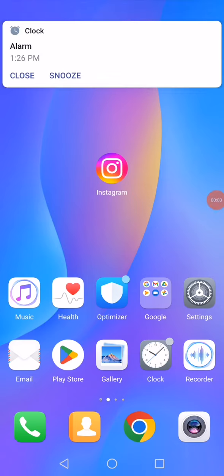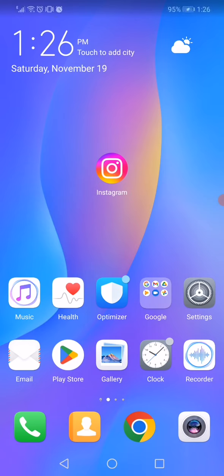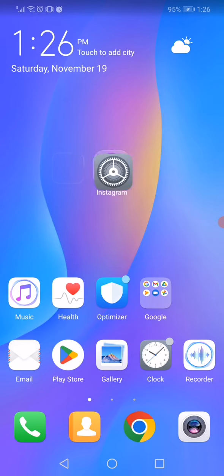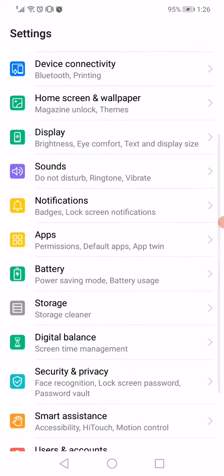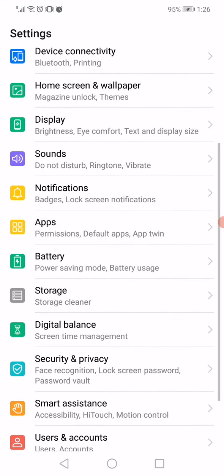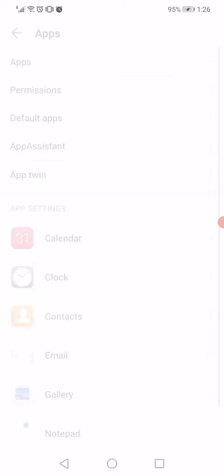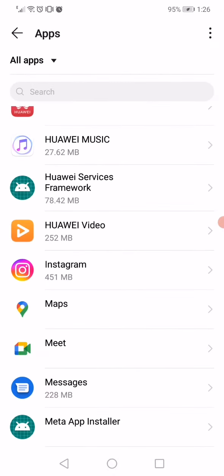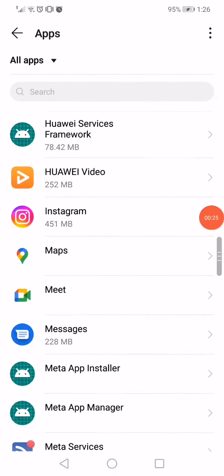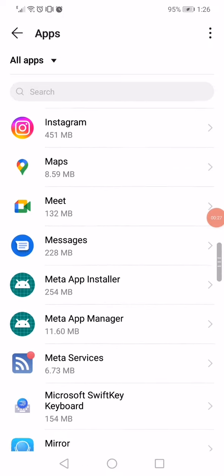How to fix Instagram widescreen problem easy and fast. So all what you have to do, guys, is very simple. All what you need to do is just open the settings page on your phone like this, and then go to the apps. Now after you go to the apps page on your phone, go to Instagram between all the apps,